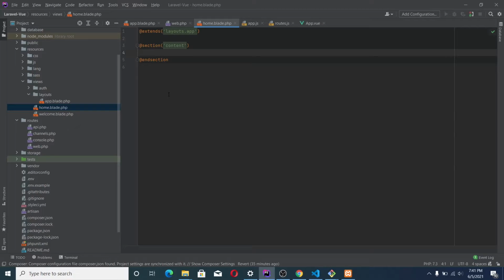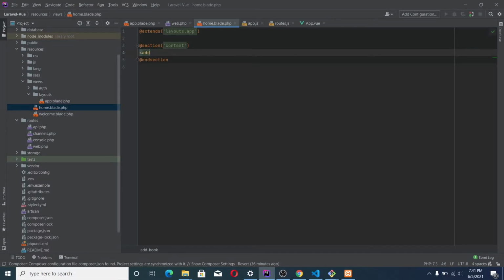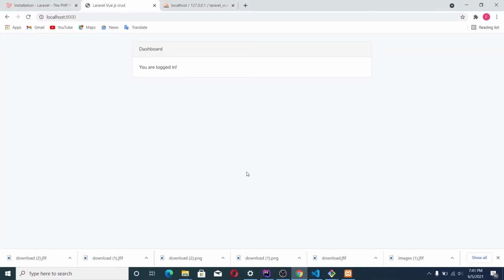Okay, so in our components, when somebody goes to the site, since it's a book site, let's just show the person all our available books. So let's put in the all books component here. Alright, so let's see if it's working.